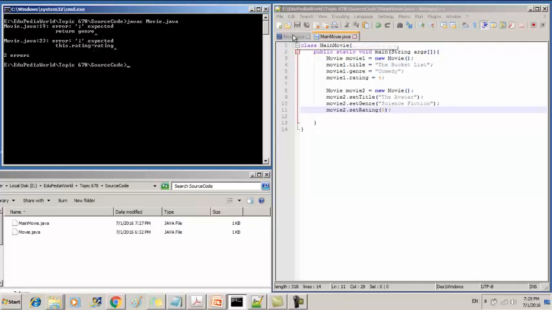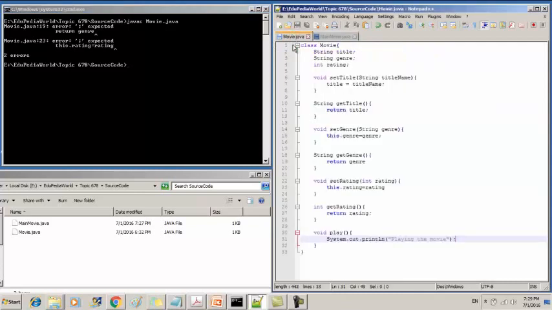Let's see whether we have missed the semicolon. Yes, in line 19 we have missed the semicolon. Let's put the semicolon. And the next error is in line 23, and it is also a missing semicolon. Okay, now let's save this file